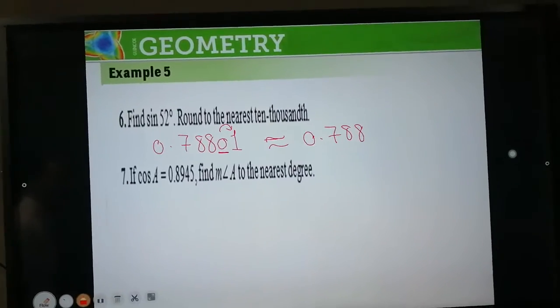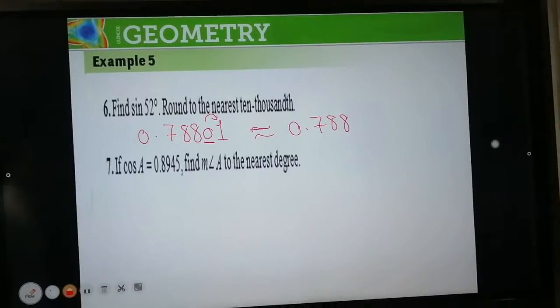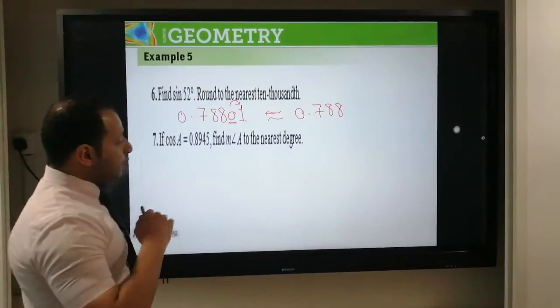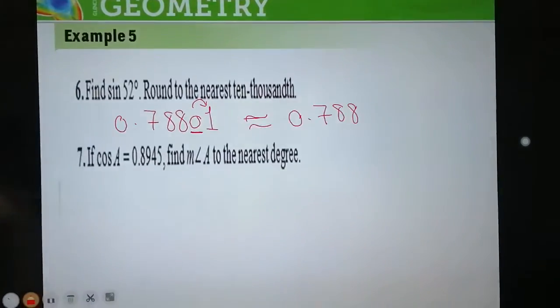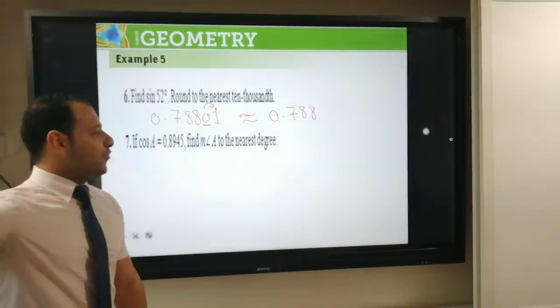If cosine A equals 0.8945, find the measure of angle A. I need to find the measure of angle A. Excellent, I hear you. We must use what? Inverse